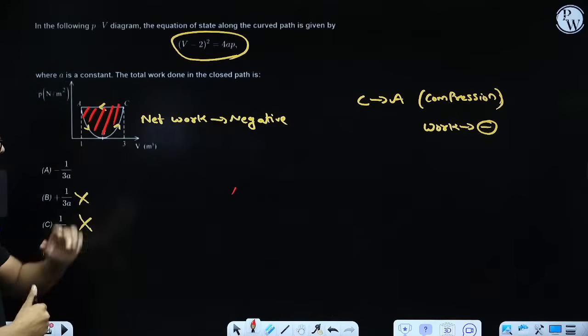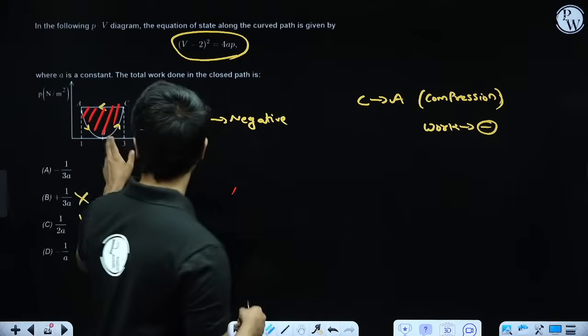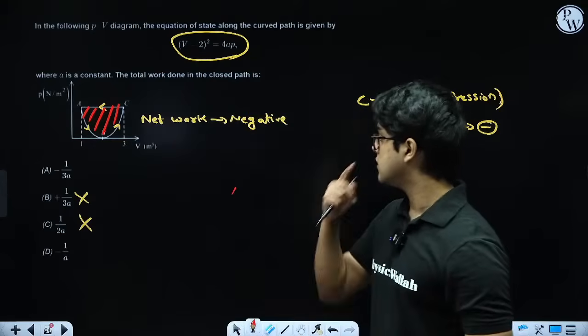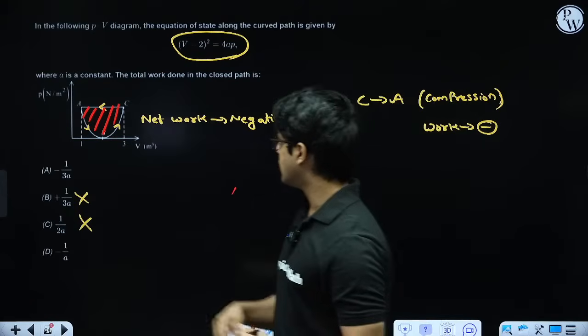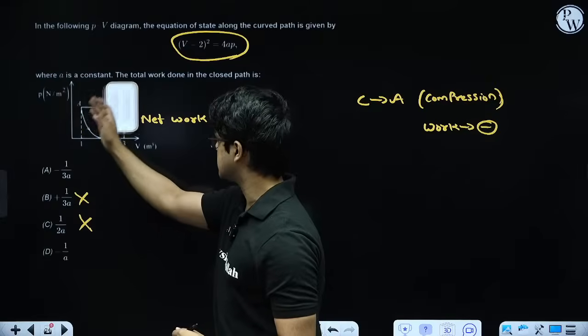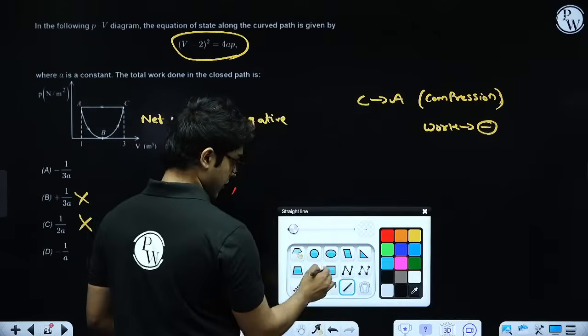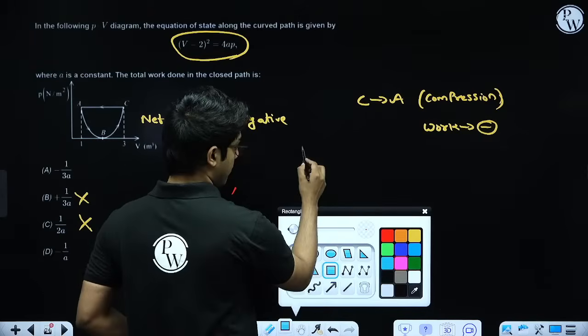So now basically the question is to calculate this area, which is a math problem, right? The area under the curve chapter exercise. So for this, I am just going to use a trick. I am just going to state it over here. And that is, whenever we have a parabola,